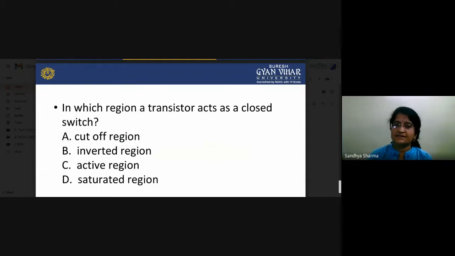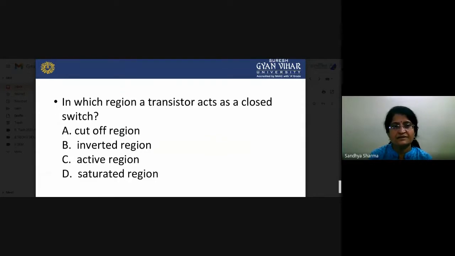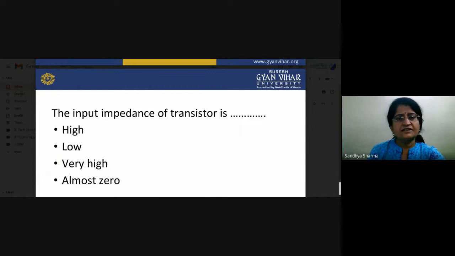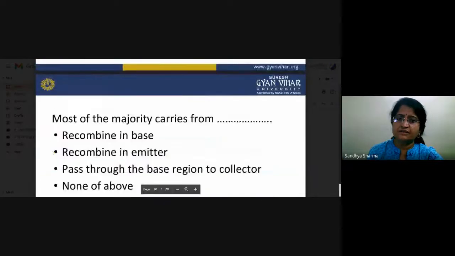Then you can see in this way, this is the reason where the transistor works as a closed switch, and you have to know the input impedance of the transistor. This is a general characteristic. When you work with the transistor in different categories, the input impedance criteria will vary slightly. But if you are talking about the general conditions, how much will the input impedance of the transistor be?